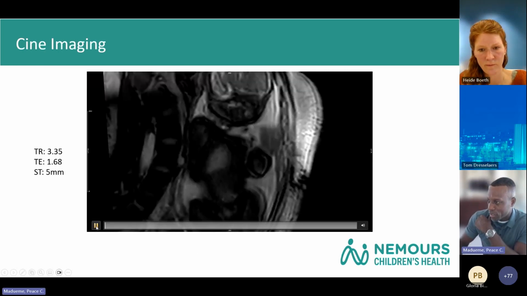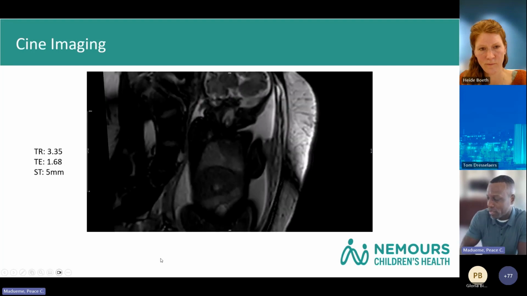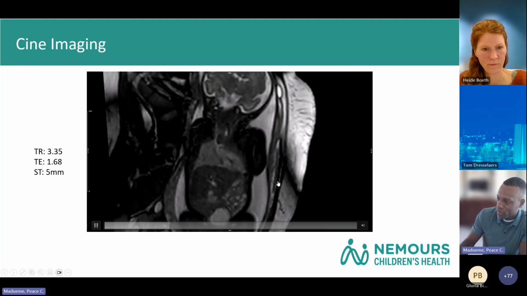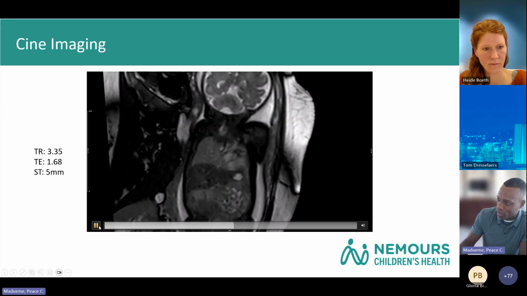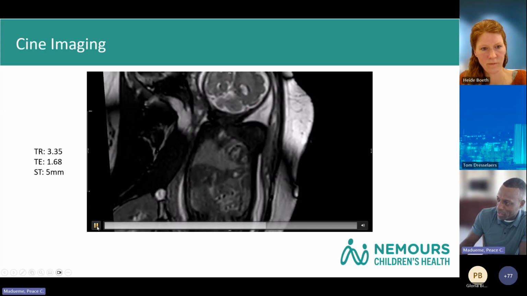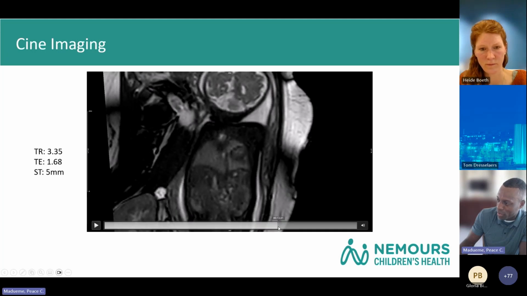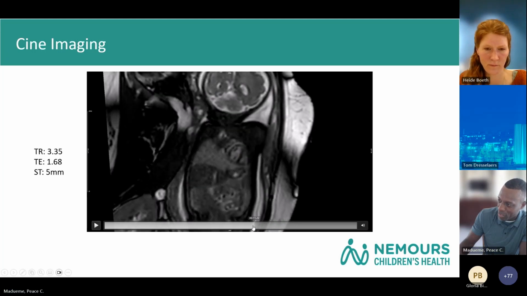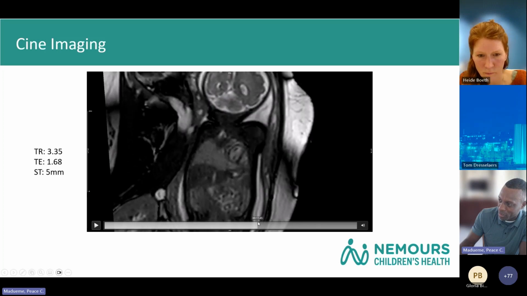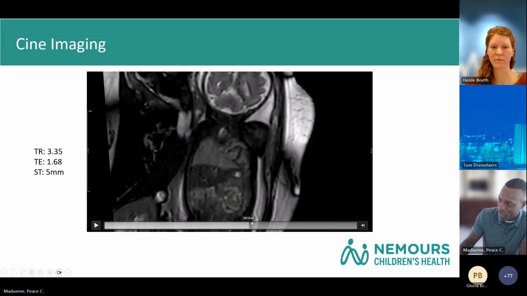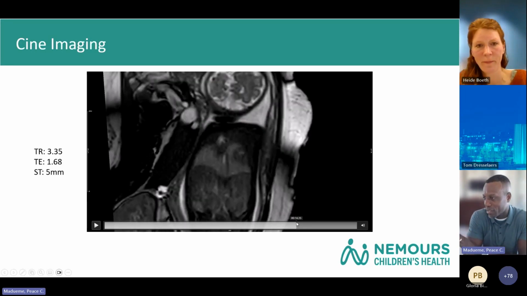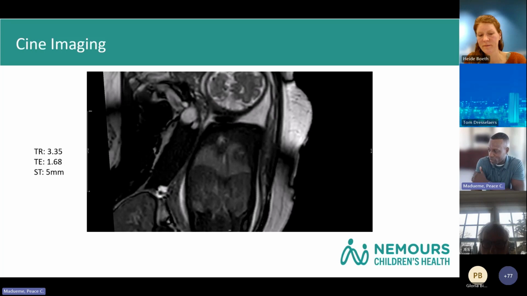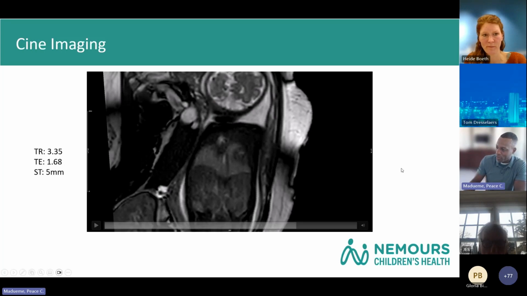And then the last image here in the coronal plane, left is going to be over here. So the heart is in the left chest, and this really just shows nicely, again, that unusual orientation of the ventricles in the superior portion of the left chest, which was very unusual. And I should mention prior to this, the fetal MRI scan was done for lung volumes, and that was obtained prior to this.